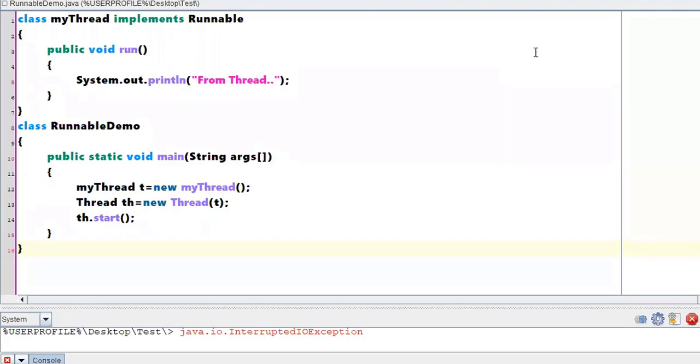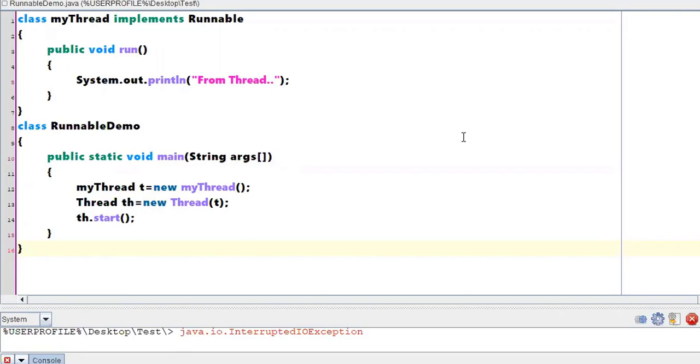Runnable is an interface which has an abstract method called run. If you see the internal architecture, there is something called the Runnable interface, and your class Thread implements the Runnable interface.